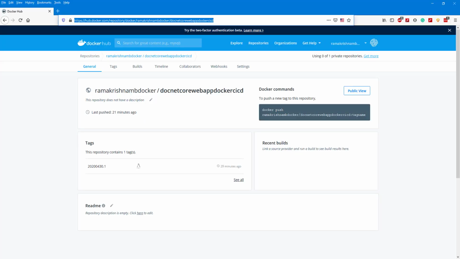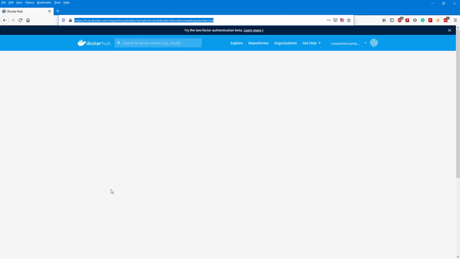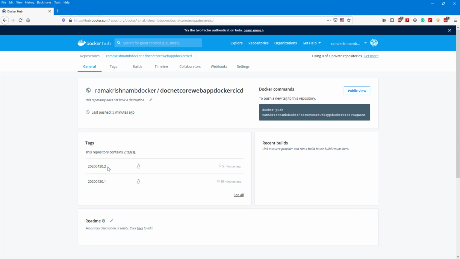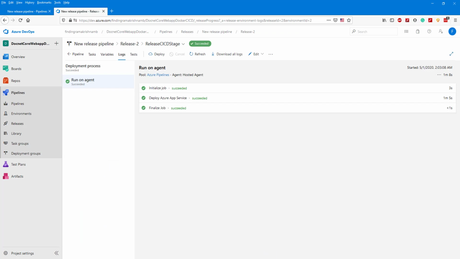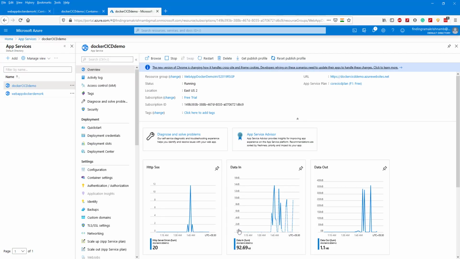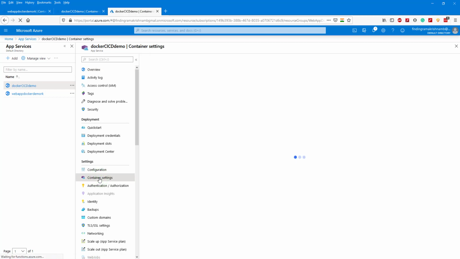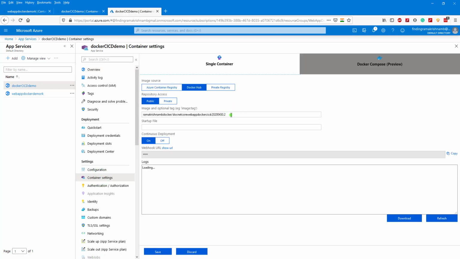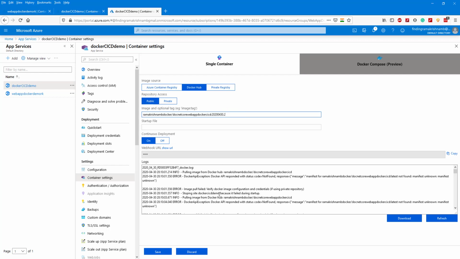So let us reload and see our new image is pushed to Docker Hub. Yes, we have the new image here. So go to our app service, see container setting. Yes, the image is successfully updated.